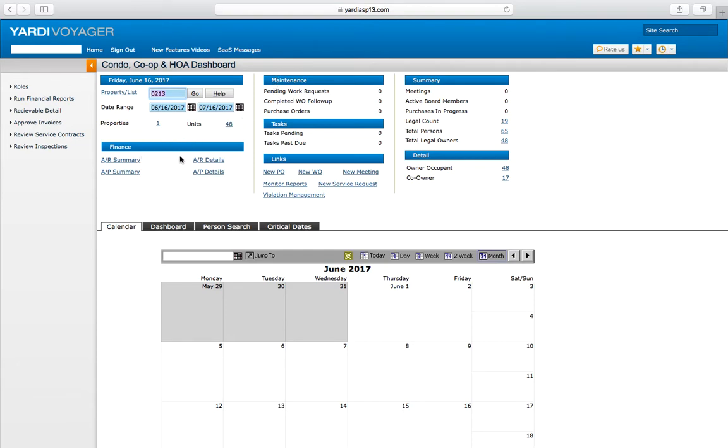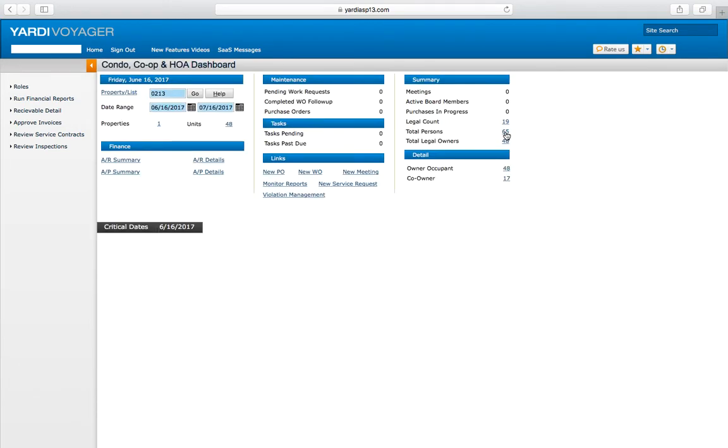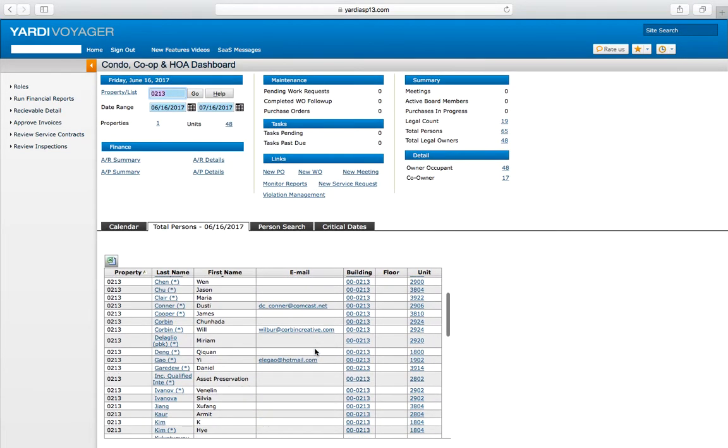You have information for finance-related matters, maintenance-related matters, tasks, additional links, summary information, and then detail information. As you can see, several things are blue and underlined. Things that are blue and underlined are links to other things. For example, if we wanted to see how many folks exist in the community, all the registered homeowners, we would go to total persons, select that 65 that's underlined,